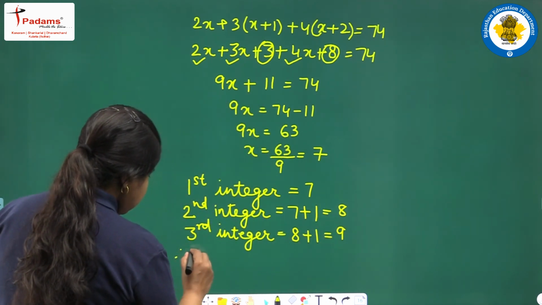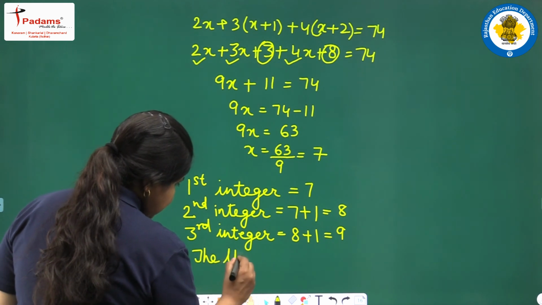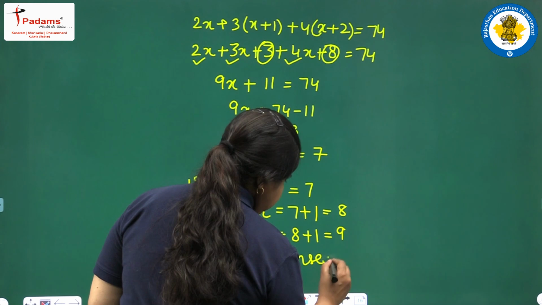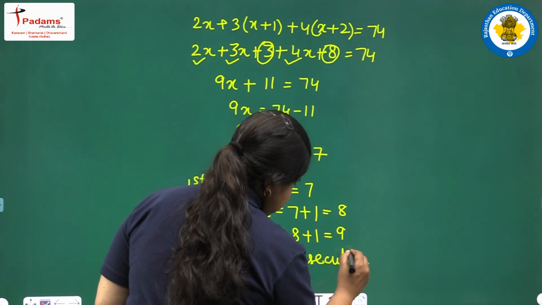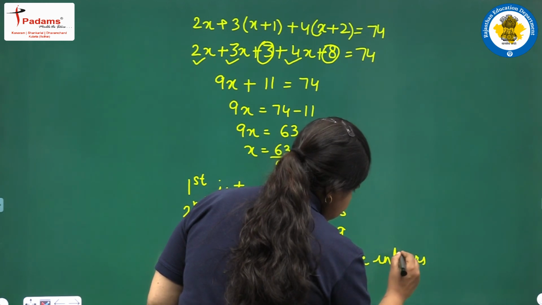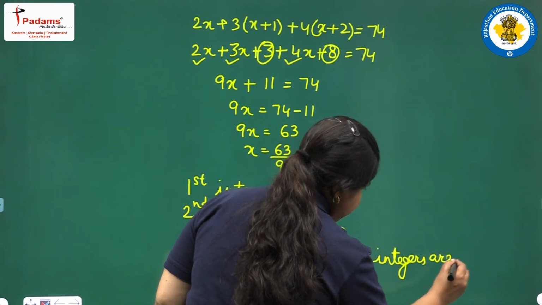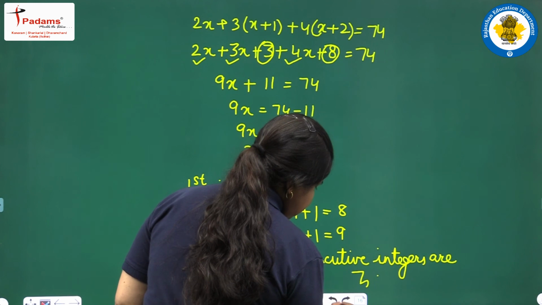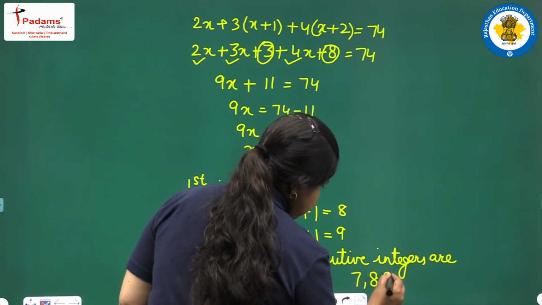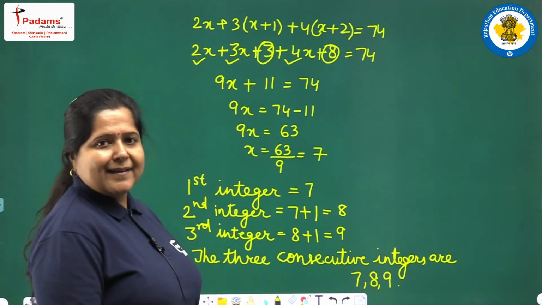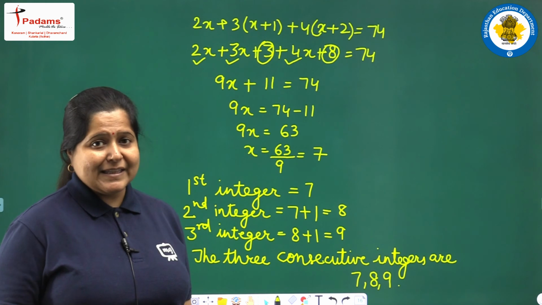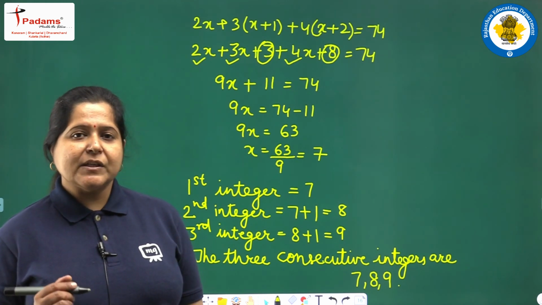So therefore the 3 consecutive integers are 7, 8 and 9. Clear? So this is question number 8, and with this we have completed question 1 to 8